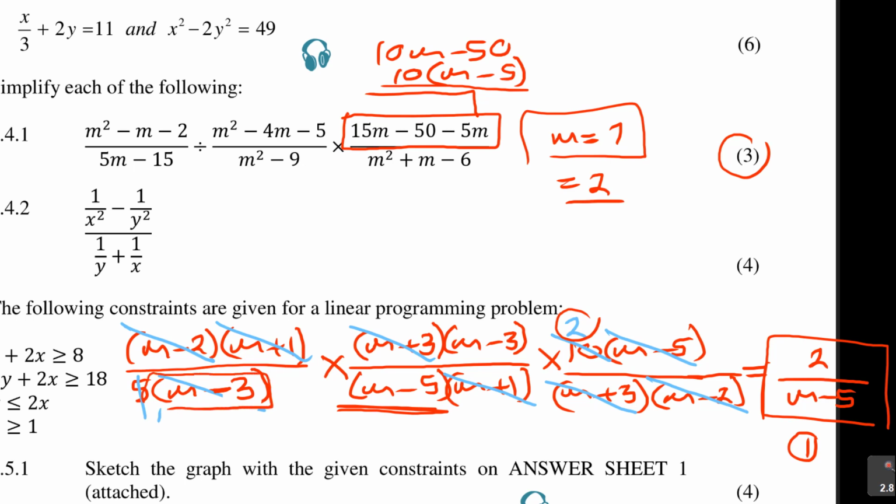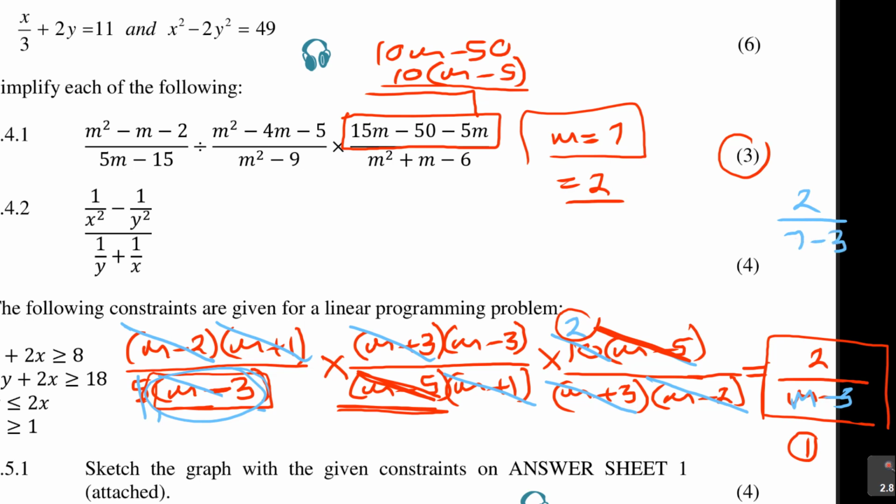So I'm not supposed to cancel this, but I was supposed to cancel this one. This m minus 5 with that m minus 5. So here, this will remain as m minus 3. See how it helps you to pick up these errors. So even here, it will remain as m minus 3 now. Now if I put a 7, it will be 2 over 7